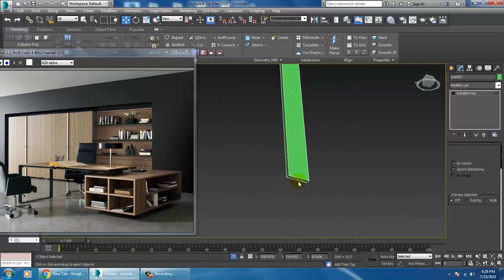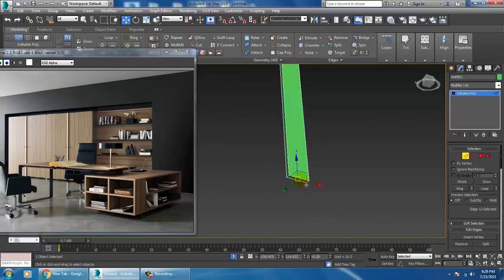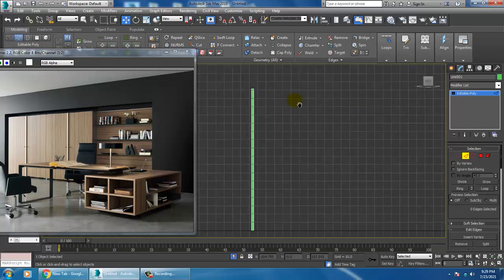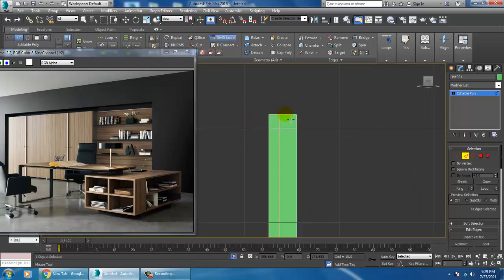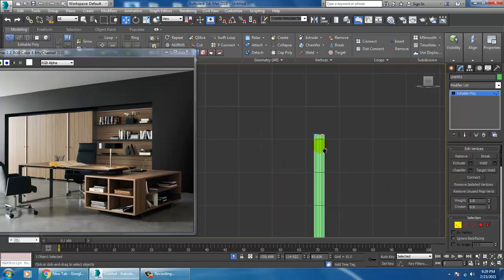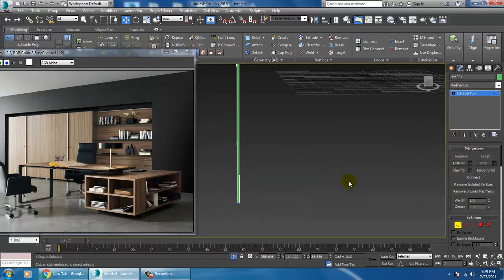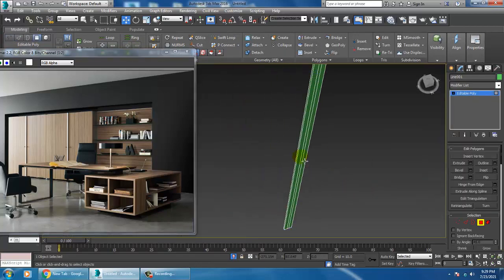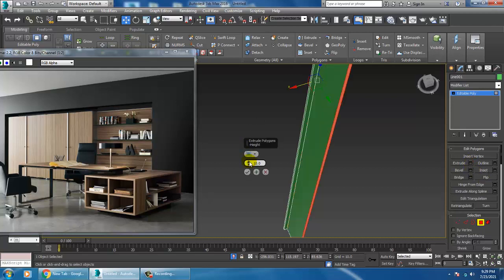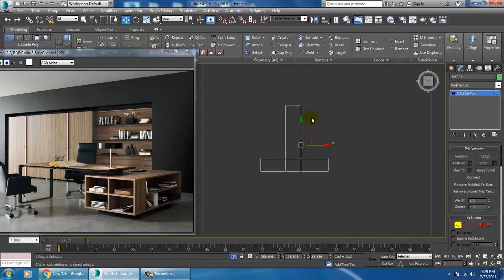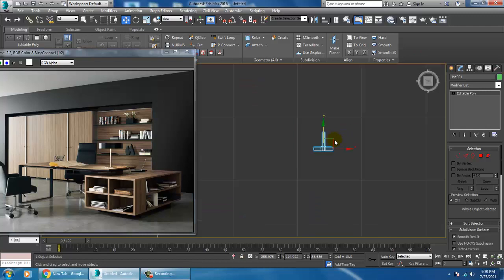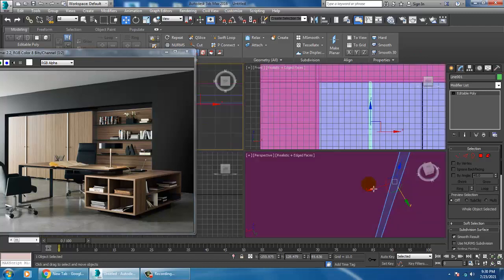Select this part, control backspace, and I'll put two swift loops over here, one over here, one over here. I'll select this polygon and slightly extrude it a bit inside. I can go to the top view and slightly shuffle it in this way and end isolate it. So let's just put it in this way.